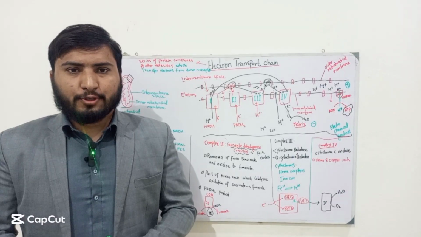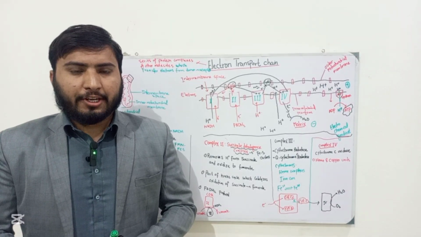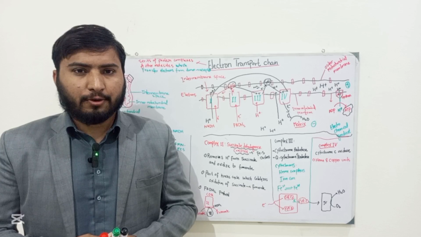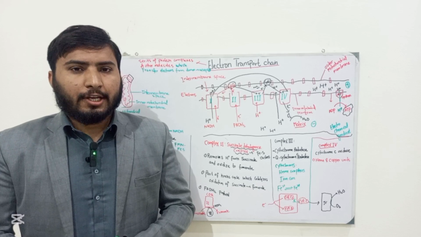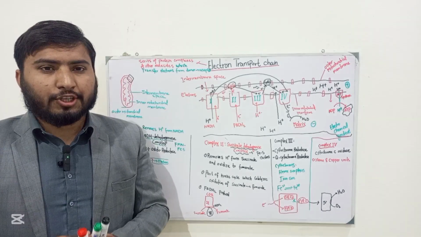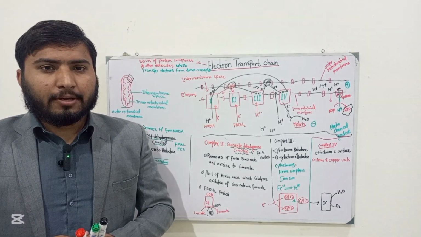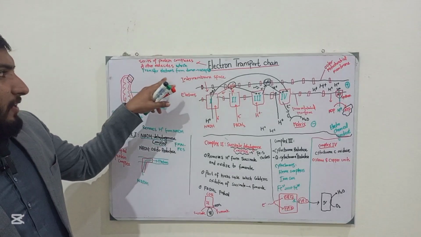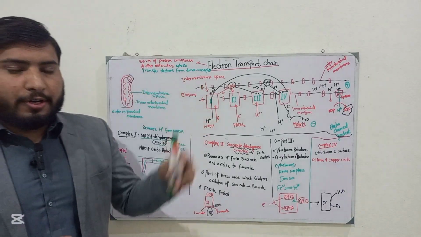What is electron transport chain? What protein complexes are used in electron transport chain? How is ATP, the energy currency of the cell, produced during electron transport chain? Electron transport chain is a series of protein complexes and other molecules which transfer electrons from electron donor to the